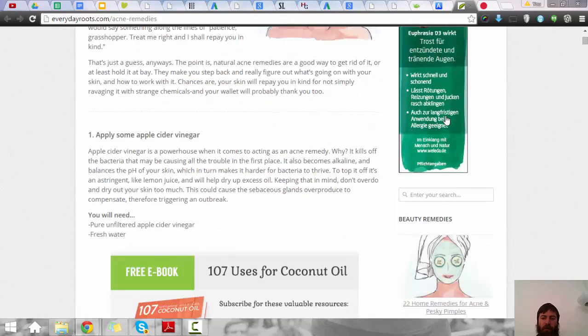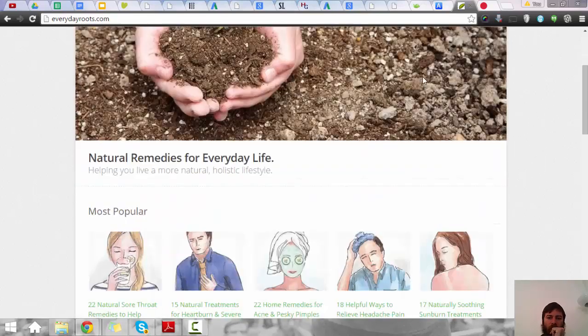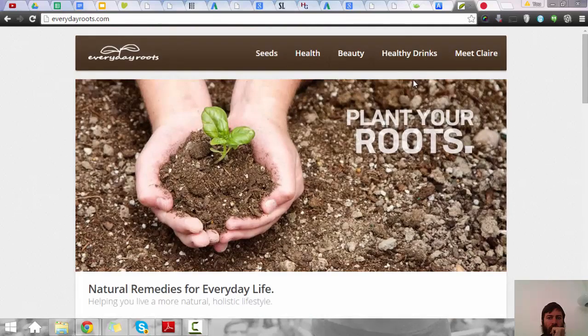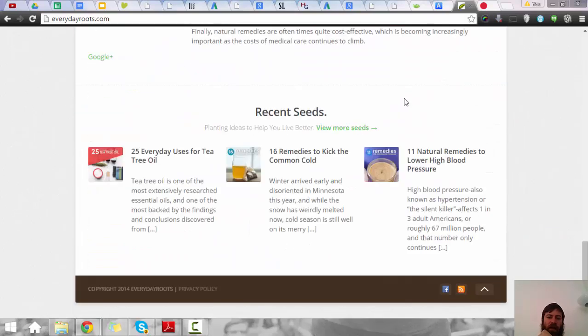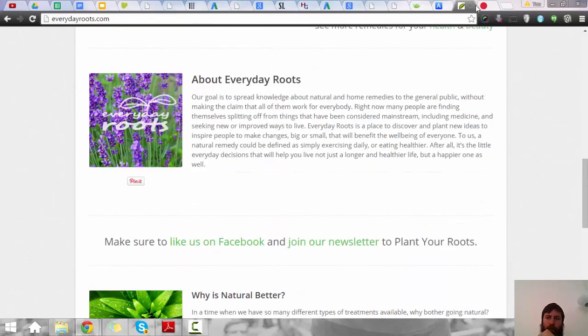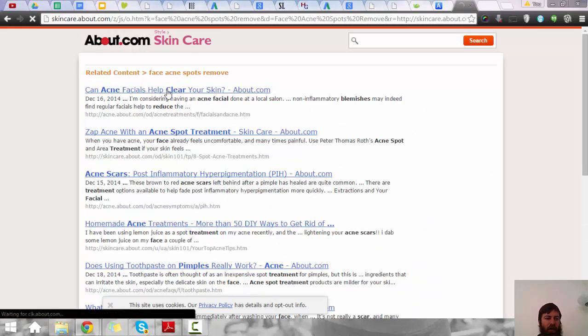Let's see. Everyday roots. So what we're trying to see is, I'm not sure this is an info product. Zap acne. So we're just trying to find